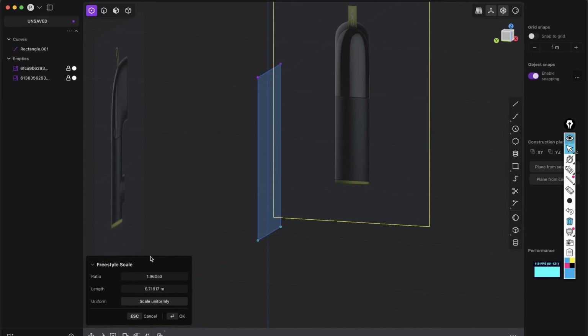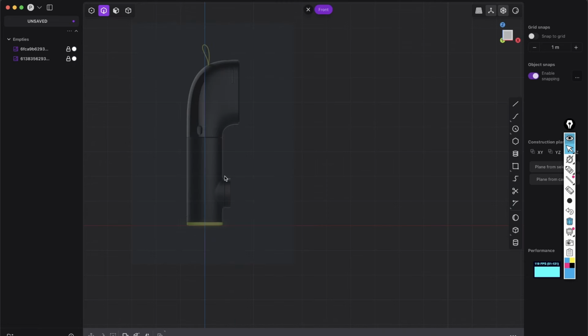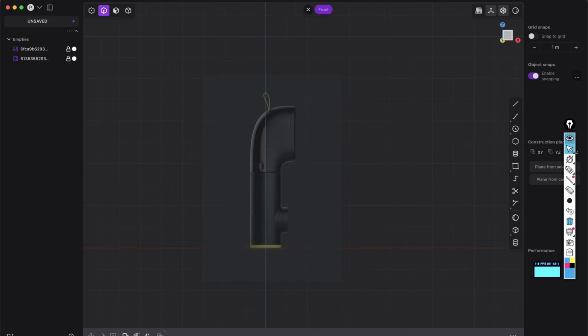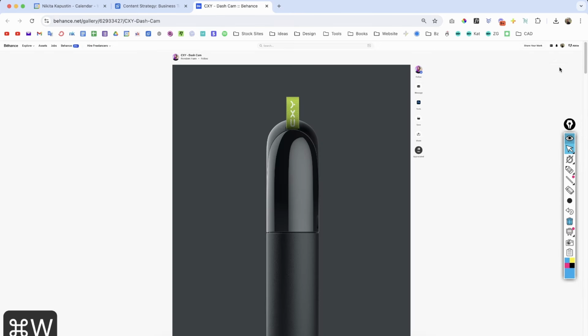And again, key lock and OK, delete the curve, and we can start to have some fun. So first of all, again, my courses are 50% off only this week, but if we go